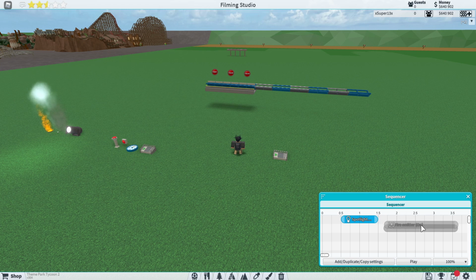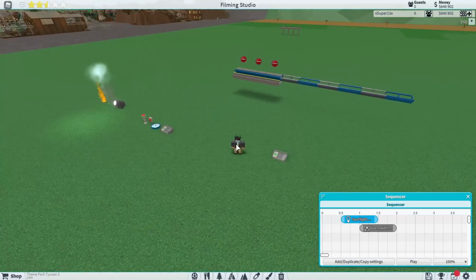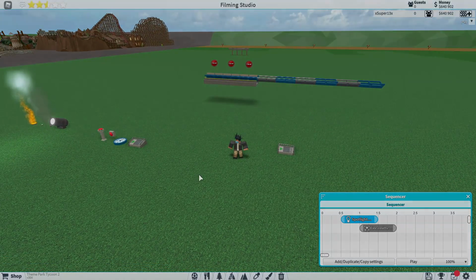So if I want things to overlay, you're just going to go down. So if I want the fire emitter to go off halfway through while the spotlight's going, I can do this, I can shorten it, and then I can make it like that. So I can do anything that I want with the sequence, I can choose any way I want it, and